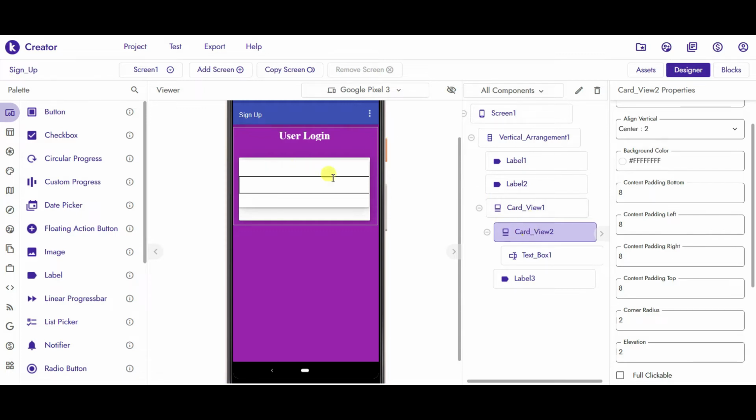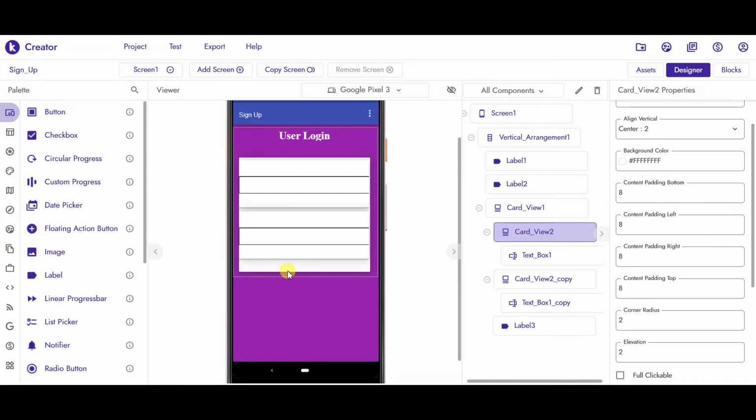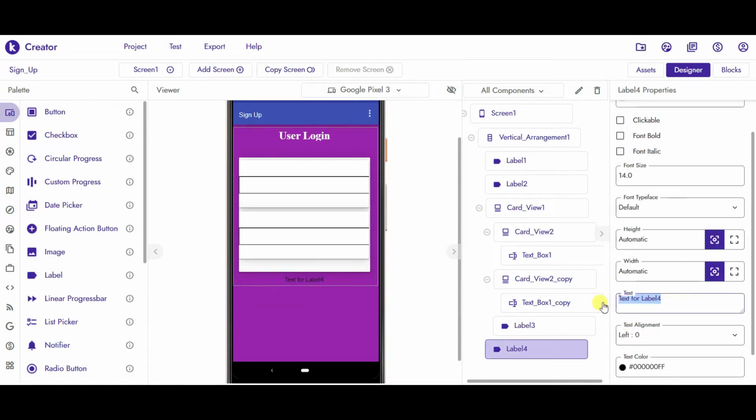I will click on this card view, right click and click on duplicate. So the same card view is copied and we have pasted it. Then we will take another label to create some gap. Remove the text and set the height to 3%.